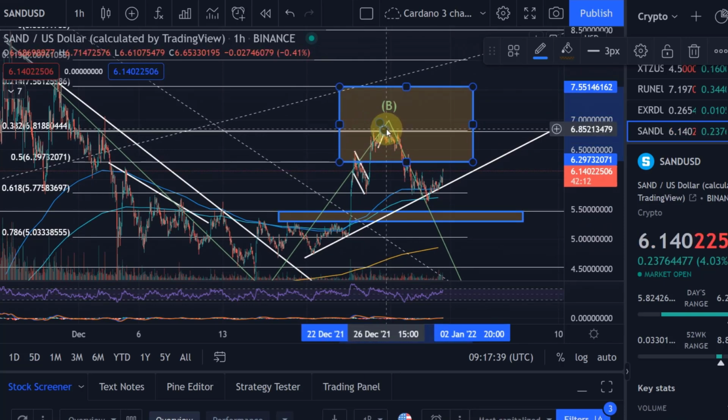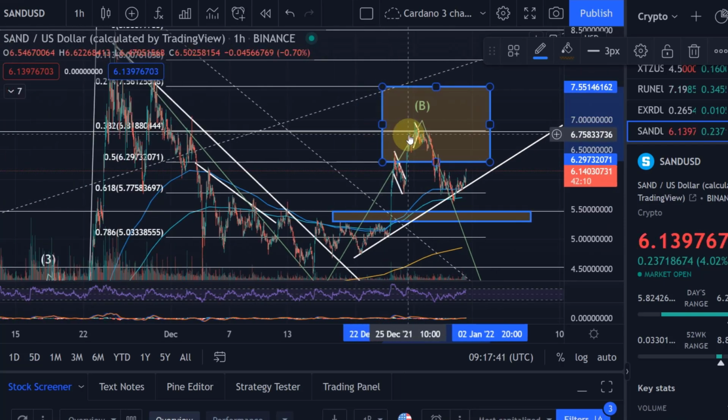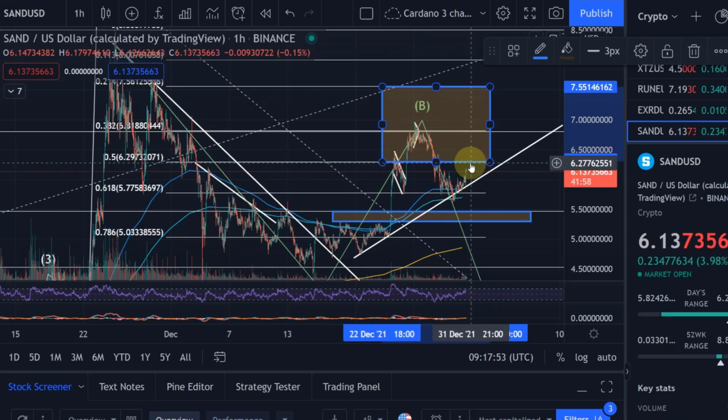That's also what I would ideally expect for other cryptos to reach in a wave B retracement, to reach the 0.618 fib level. For example, Solana only came all the way up to the 0.5, hasn't reached the 0.618 yet. So an immediate resistance will be here at 627. I think that is the 0.5 fib level from that wave A retracement here, wave B retracement.